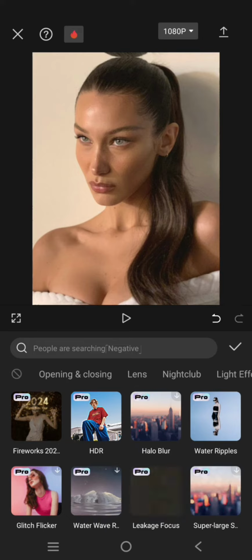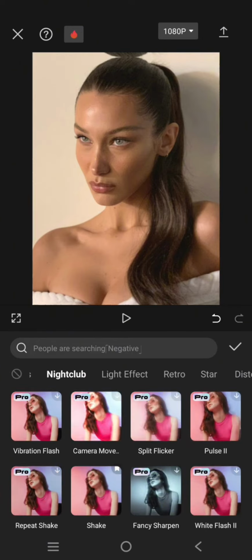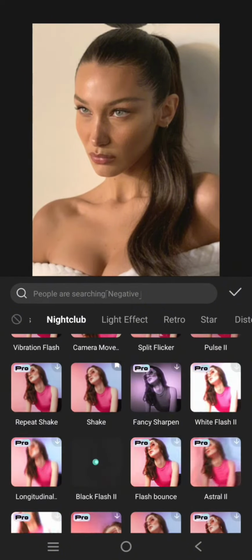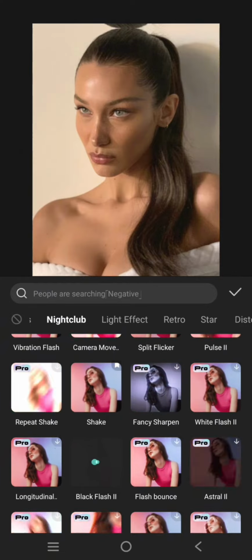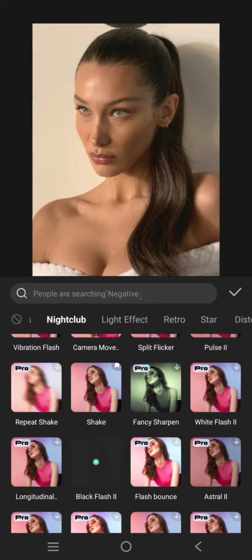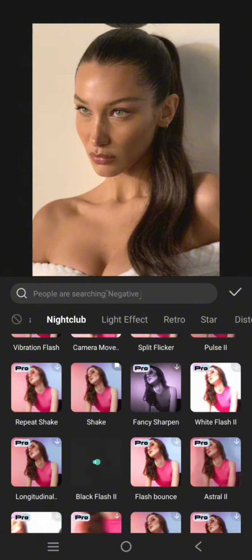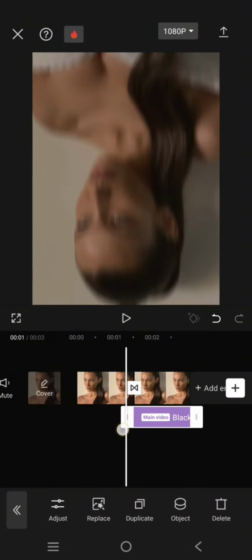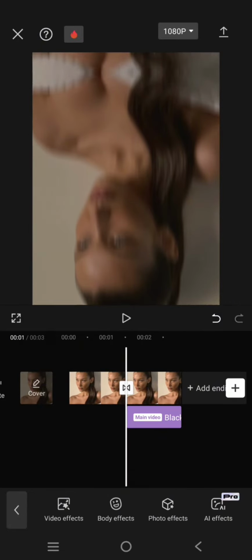can find under the nightclub category. Okay, this one, click on that effect. You can edit or adjust it as you like, but I'm going to just leave it the default settings of the effect. So put the effect under the second part of the photo, and now go to the video effect again and